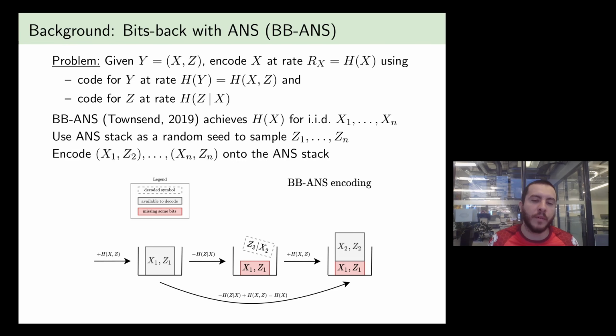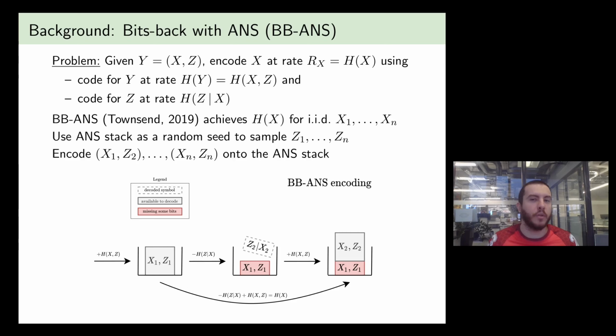This diagram is very similar to the previous one, where we compared ANS and arithmetic coding, and it's showing one stack of ANS evolving over time as we encode x1 and then x2. The first thing you do is start off with an empty stack, which isn't shown here, and then you pick a Z1. You pick any Z1 that you want in this first step.